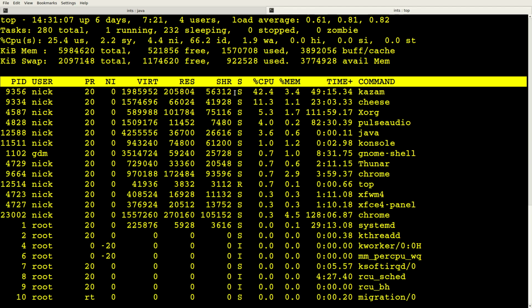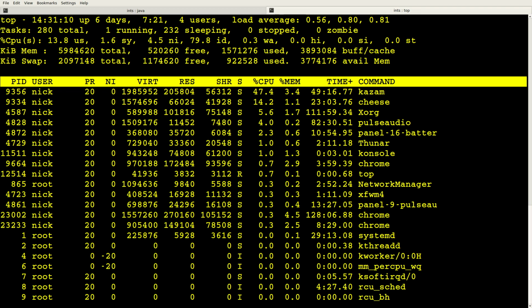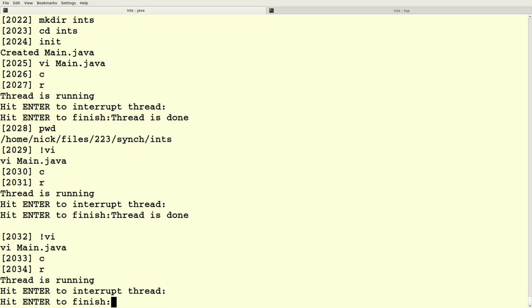So same thing as before, and again Java's not even showing up.